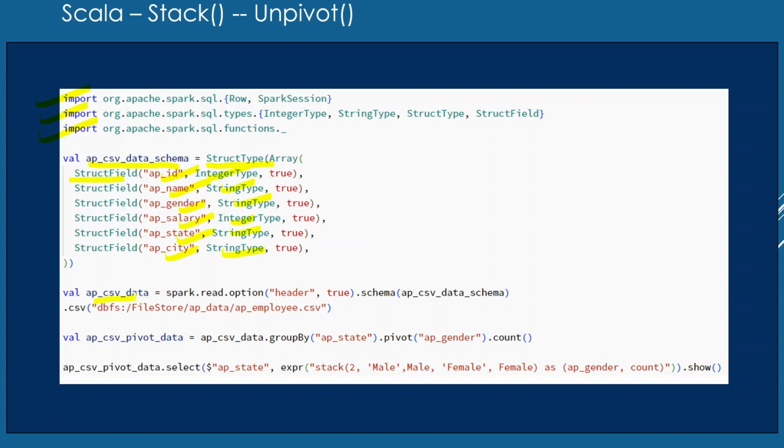I am creating this data frame by reading this CSV file with spark.read.csv, with the help of this custom schema which we have created above. Once this data frame gets created, then on top of the data frame, first I have implemented the group by function on the AP state column, and then I am pivoting it based on the AP gender column, and I am fetching the total number of records based on